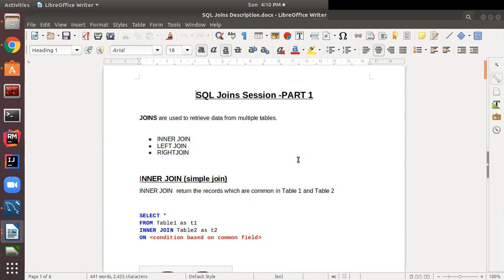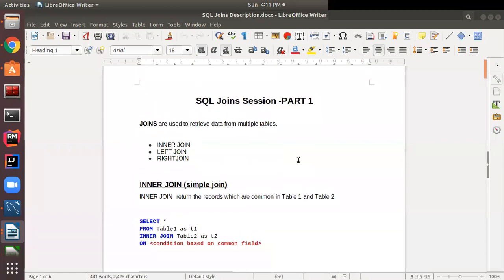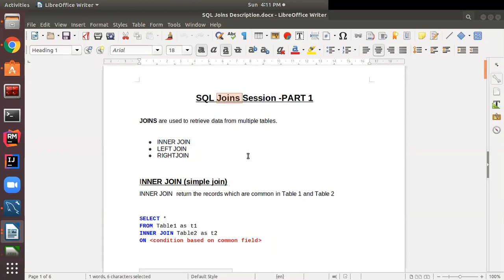In every interview, if they require database skill, they will ask questions related to SQL joins. So today we will be learning joins with the help of practical examples, and this session is going to be fully practical. So first of all, what is a join? As the name indicates, join is used to combine something, right? Whenever we want to fetch data from multiple tables, we can take the help of SQL joins.